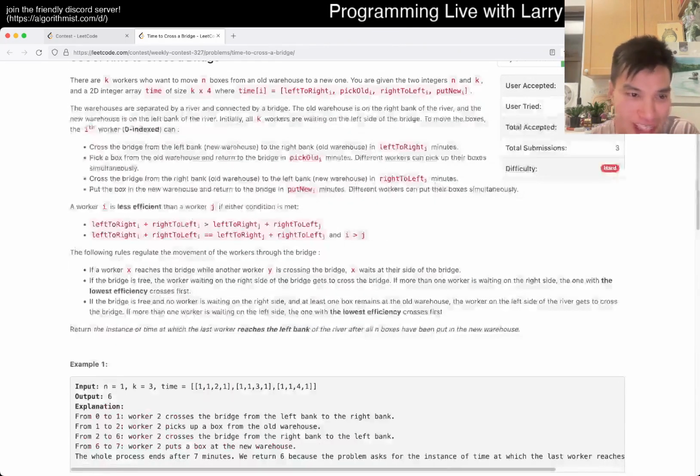What is going on? Which is the bridge? Bridge is free. On the right side gets to cross the bridge. Lowest efficiency. Okay, the bridge is free and then